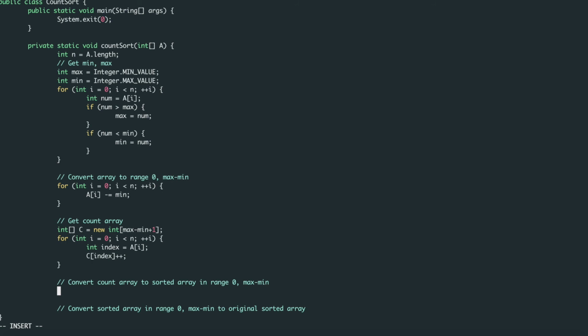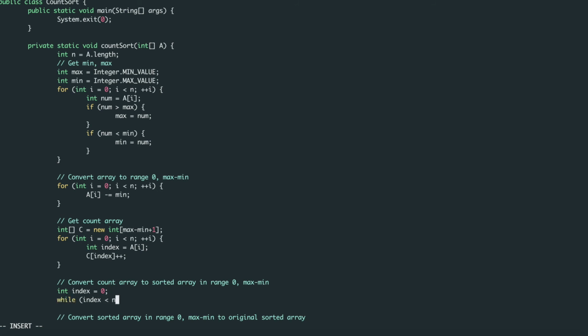Now we need to use this count array to get the array in range 0 to max minus min but in sorted order. So how do we do that? We initialize integer index 1, which is 0 initially, and it should reach value n, because it should fill all the indexes of the original array.